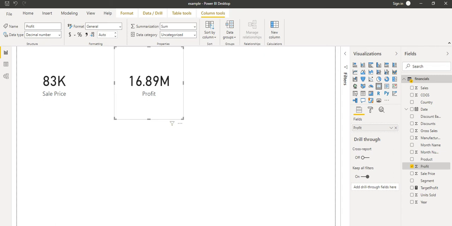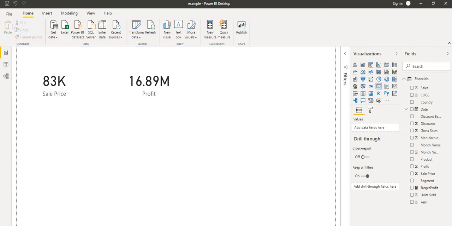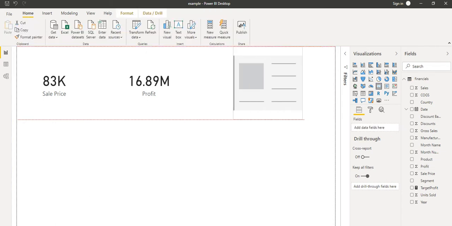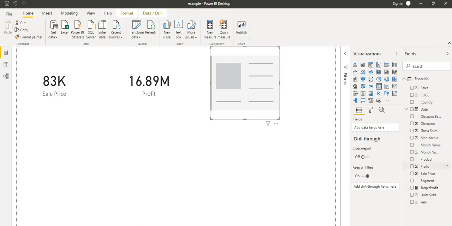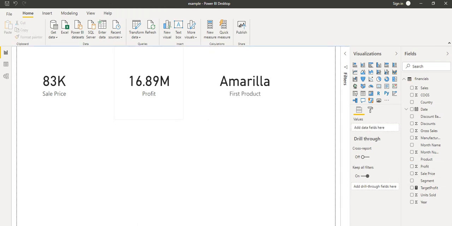Apart from this I am going to take the product, but we will talk about the product later when we talk about text. Currently we are talking about the numbers only. So this is the sale price and this is the profit for this sheet.